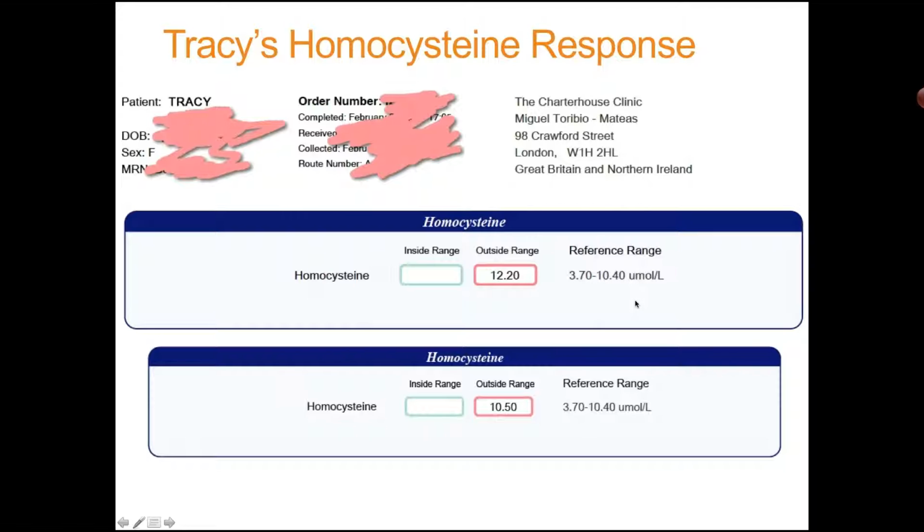normally, if you go with Genova, the range is anything more than 10.40 will be suboptimal or outside range, and more than 15 is to worry about, as opposed to if you go to a lab like the Doctor's Laboratory, for example, they will tell you that it's 15 what you need to worry about. So they've got a slightly different range or interpretation measure. But in this case, it's a slight decrease in homocysteine levels, which may well be because